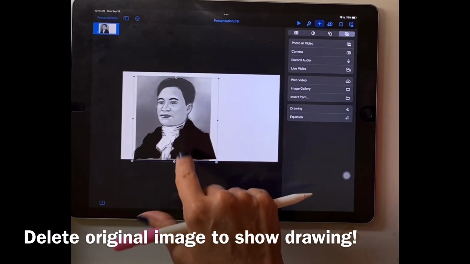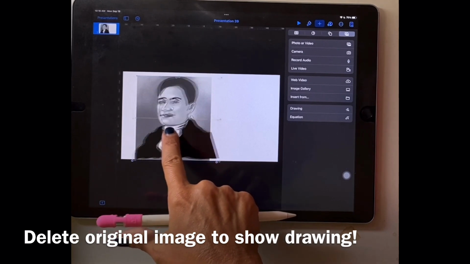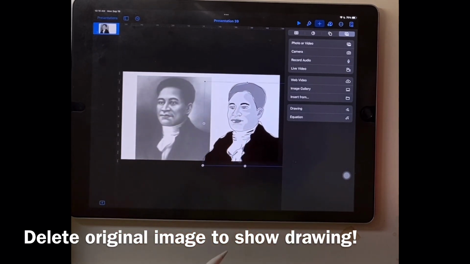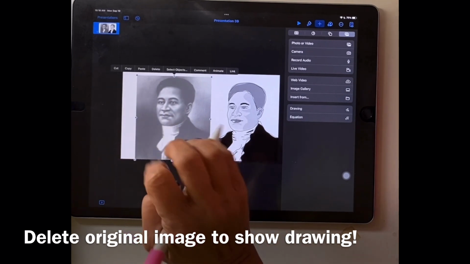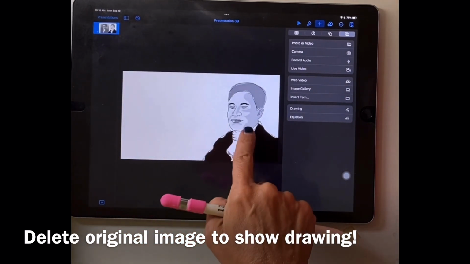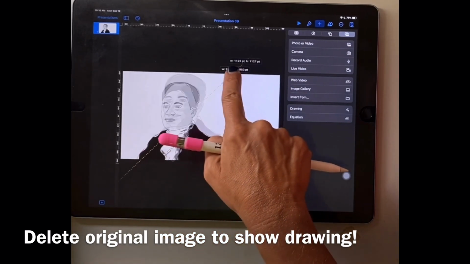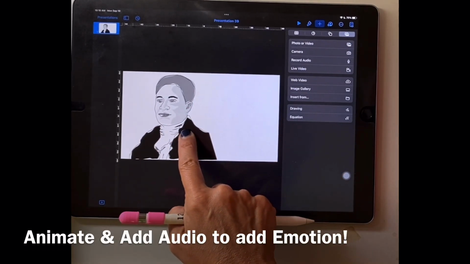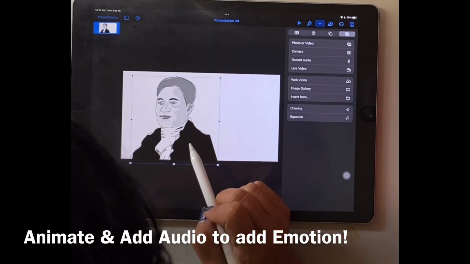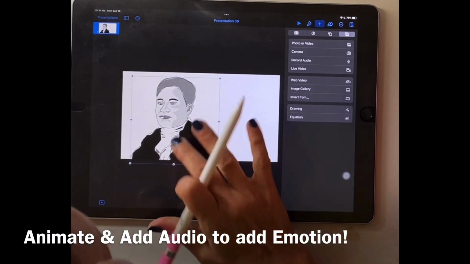The cool thing here is, watch, I'm going to move this over and boom, you have a great drawing. I can delete my photo by tapping it, delete. This is its own object now that I can move around, but here's the cool part. I can tell a story by animating this, and here's how you do it. You tap the image,